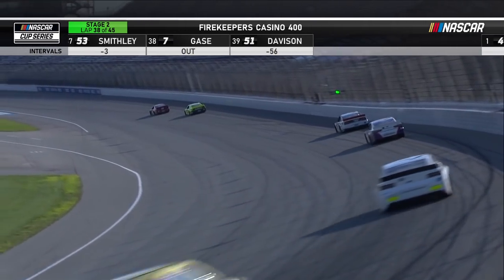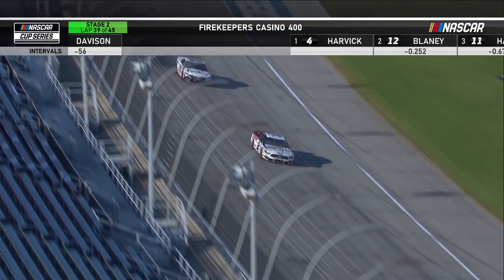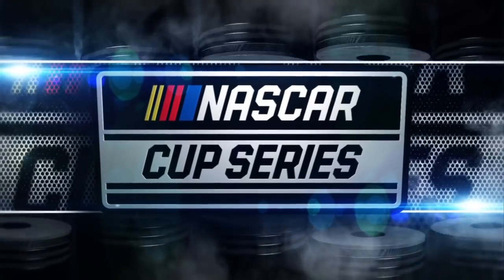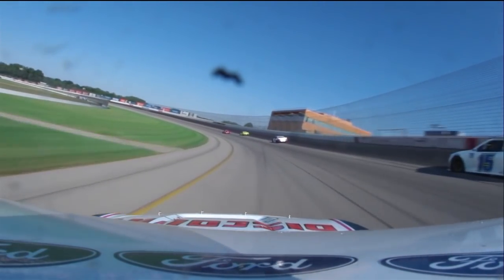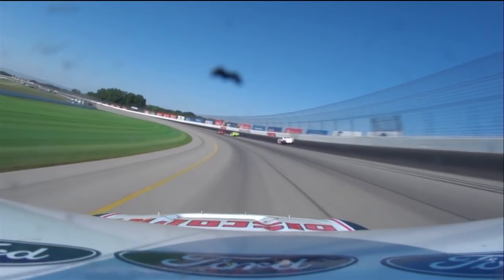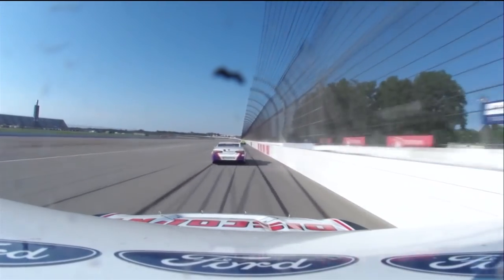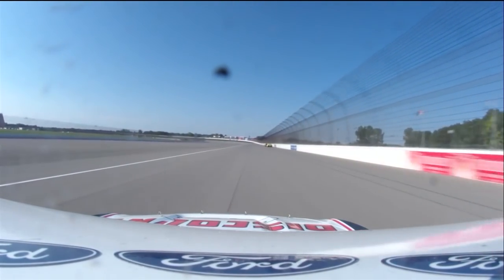Hamlin's been close today, but it seems as though Harvick's a little better, Ryan Blaney a little better. Now Keselowski maybe surging ahead of him. Still a whole stage to go. Denny Hamlin up there. Oh, he almost got really loose. What a save. I'm telling you, man, that was an incredible save to keep that car out of the